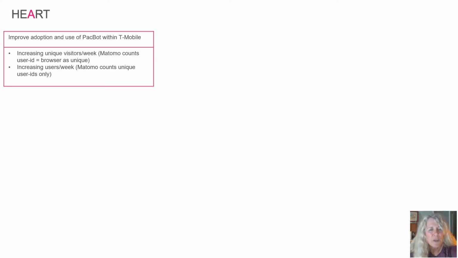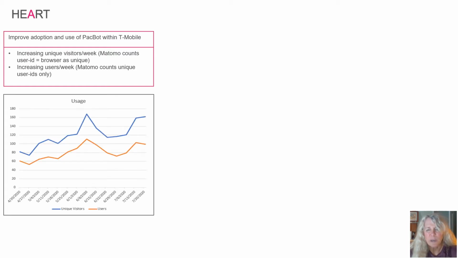Okay, so let's look at this metric and see what it's trending. So you can see that the metric is trending up and down. And notice that this is a simple, kind of ugly chart, and it's just an Excel spreadsheet, and that's fine because you want to keep it simple when you start out. And here you see 2 lines, and they're both 2 different types or measures of unique users. And the one that we really want to look at here is the lower one, or the orangish one.